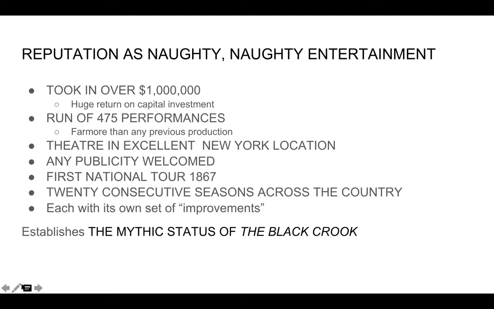Another new thing about Black Crook was that it became the first national tour in 1867. So they probably toured by train, and then it played for 20 consecutive seasons across the country. So they could go to all parts of the United States, the contiguous United States. Of course, Alaska and Hawaii didn't exist. And they probably even came out to the Gold Rush area, San Francisco, Seattle, probably not Los Angeles at that point, but, you know, Chicago, Atlanta,